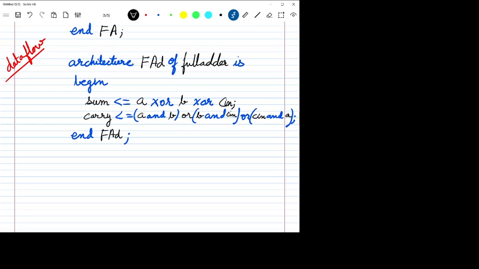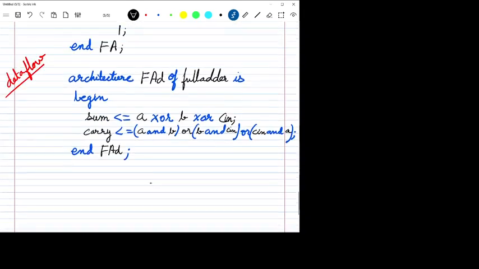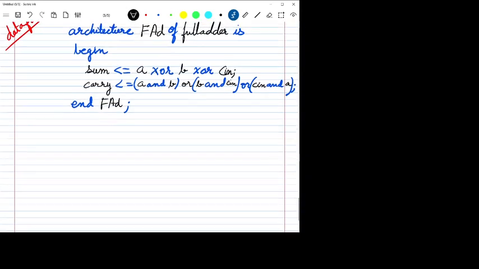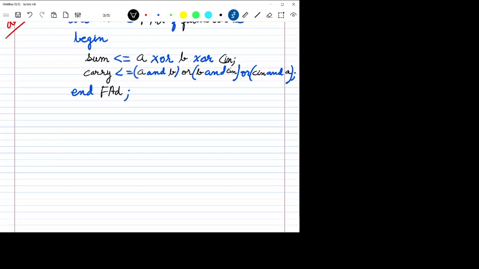Okay, so these are all incoming signals, right? So this is kind of a data flow between input and output. So that is why it is called data flow architecture. Now let's say the sum can also be represented as an XOR gate and then another XOR gate, right? And then there is a Cin,